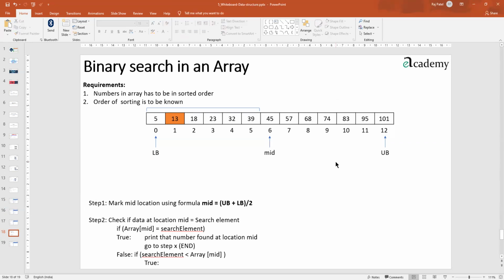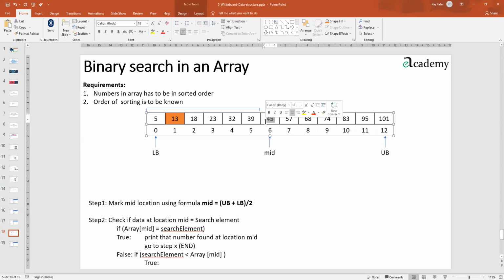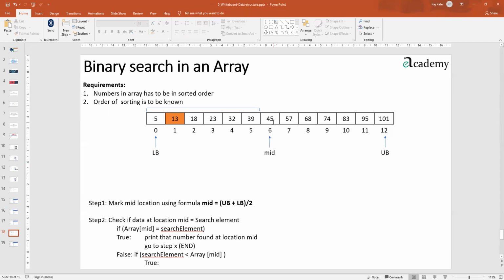But let's just see the power of the binary search method. What is the benefit of this search method? Is it a faster method? Of course, yes. Just imagine if you wanted to search 45, you will get the result in the first attempt only. If you follow linear search, whatever the case, you will always check first time, second time, third time, up to the seventh time. This method is 7 times faster than linear search if the number to be searched is this particular one. And one more advantage is that in the first attempt only we have eliminated half the unwanted stuff.